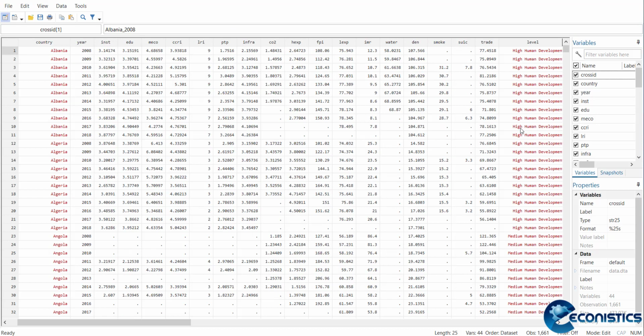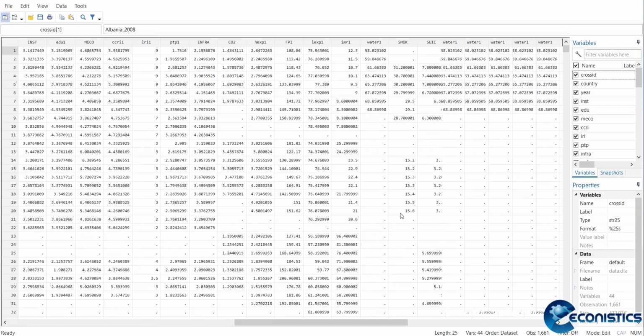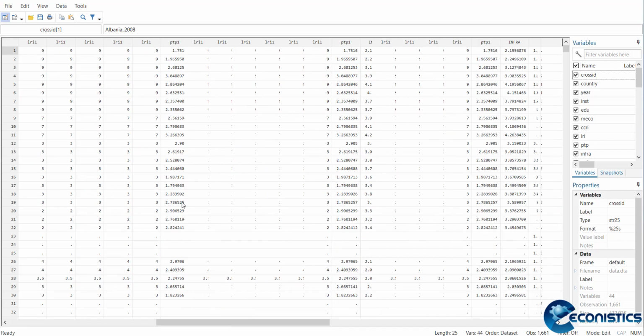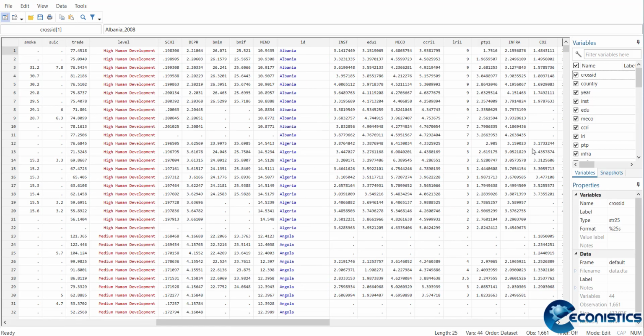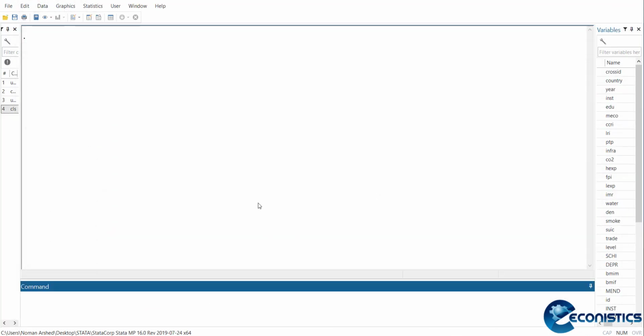So there are many variables, some qualitative, alphabetical, numerical, and there are some variables which have missing values. So there's a wide range of variables that can be used in the SEM module. So I have selected data files that have a wide variety so that we can make a proper model.